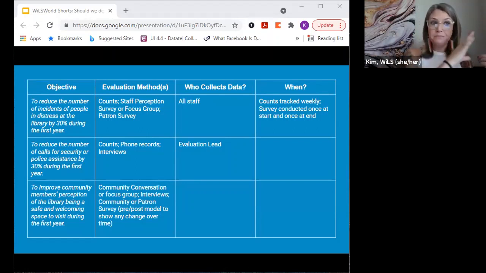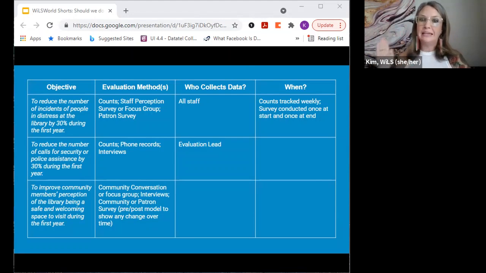Once you've identified the methods and who's going to collect the data, the next thing that you want to think about is the timeline, right? To make sure that things stay happening there. So I wrote many of these objectives as if this project would be evaluated after the first year. This doesn't mean that the evaluation has to stop then, right? But that might be when we want to have our first check-in there and can kind of roll forward to think about next steps that we might want to consider as well.